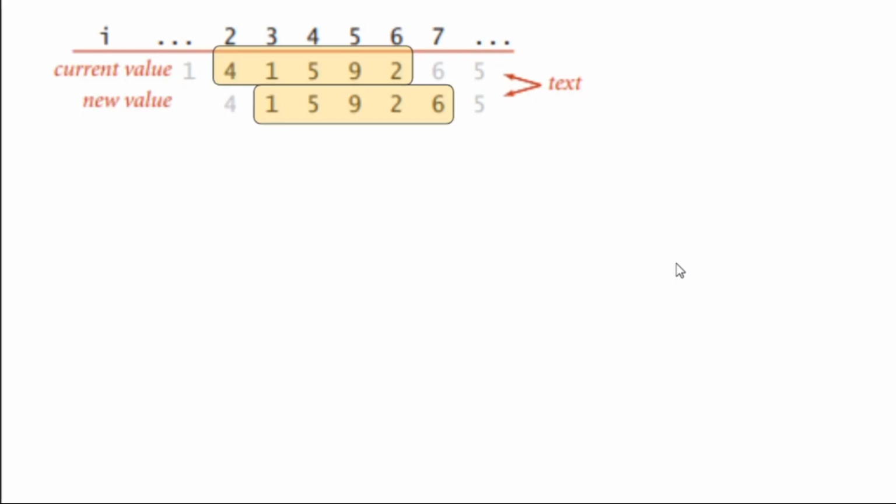Now, how will we match the values in our string? For the first value, we had the numbers 41592. For the second value, we have the number 15926. If we calculate the hash of both the strings, then we know that 1, 5, 9 and 2, these four elements, are common. So it will be inefficient if we calculate them twice.